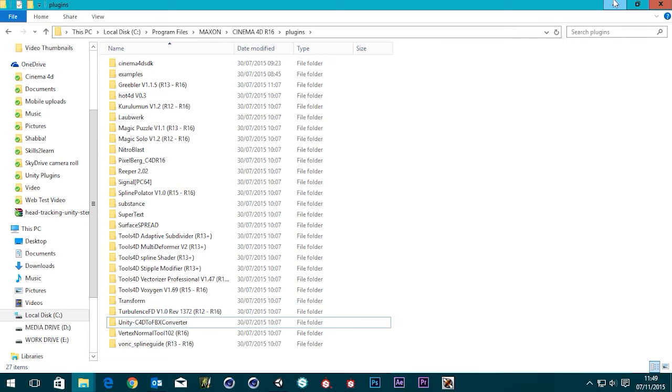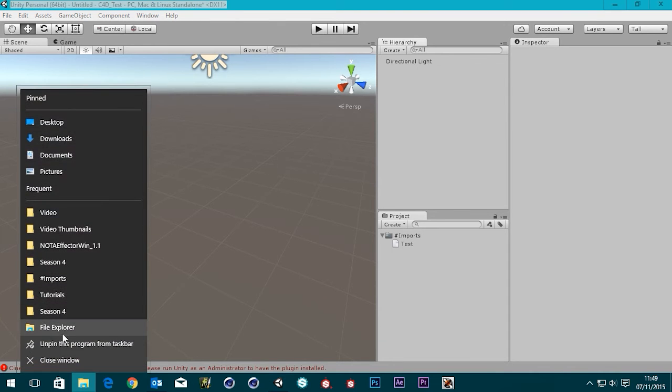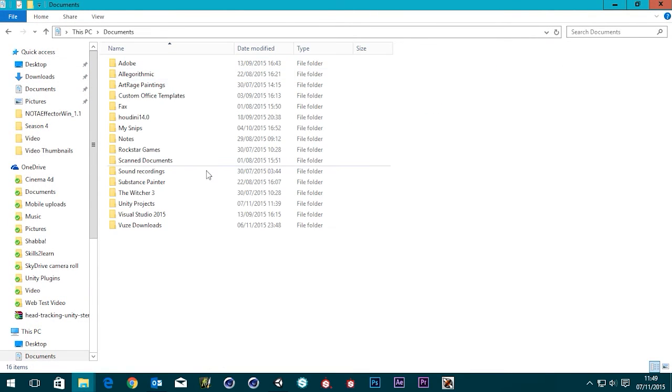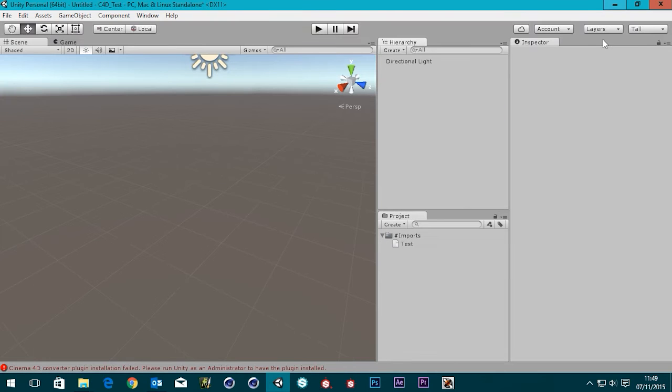I think what's happened here is the warning that we're getting at the bottom of Unity. So if I just close this down, oh, actually that was the window that I had my assets opening. So we'll just go back to that so we can get there easily. There we go. There's our C4D file. We get this warning at the bottom: Cinema 4D Converter plugin installation failed. Please run Unity as an administrator to have the plugin installed. So basically, it needs permission for Unity to download this file and then put it in the plugin folder of